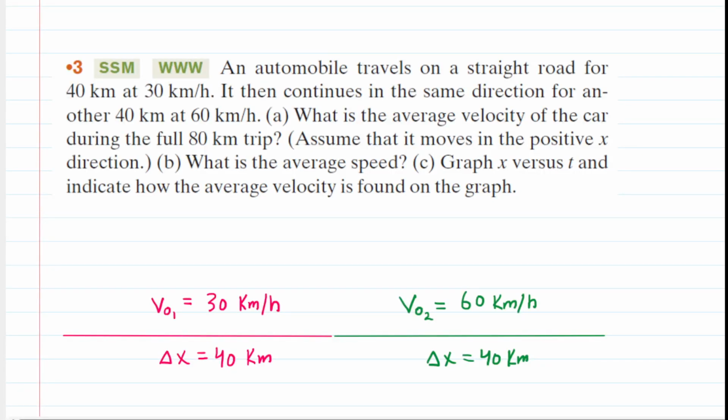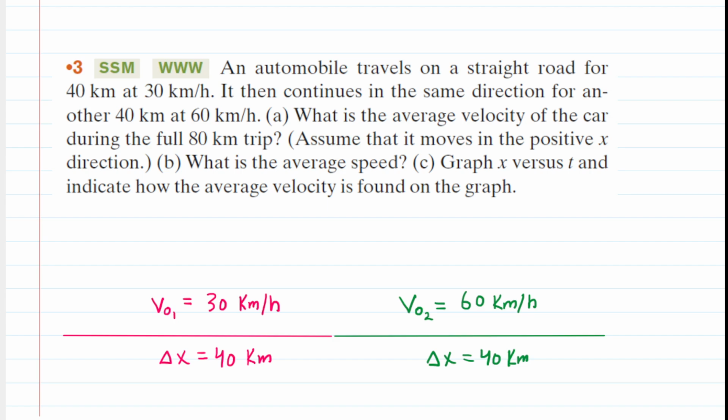If you need a moment to reread the problem, go ahead and pause the video and do so. We have two different legs of the journey. In the pink, we can see that the car is traveling 30 kilometers per hour for a distance of 40 kilometers. And then in green, it's traveling 60 kilometers per hour for that same distance of 40 kilometers. And in part A, we are asked to compute the average velocity of the car during the full 80 kilometer